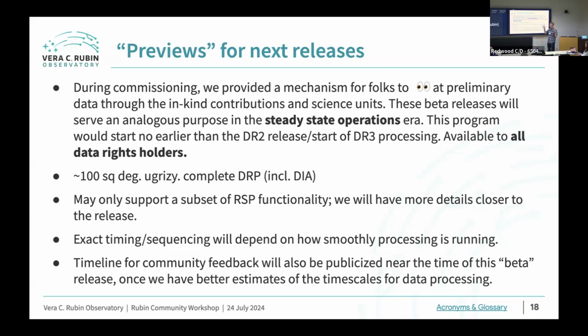But we want people to know that this type of functionality is going to be available, that we're not just going to leave everybody in the dark as far as the latest version of the pipelines code. I should also put a few caveats: the purpose of this is really pipelines testing. And so we expect this to be an experts-aimed functionality. So it's not necessarily going to be supported in all of the RSP services. If we can, we'll totally make that available. Why not if we can? But there might be cases where the RSP team is going to be busy in this time frame, and so we can't support that.